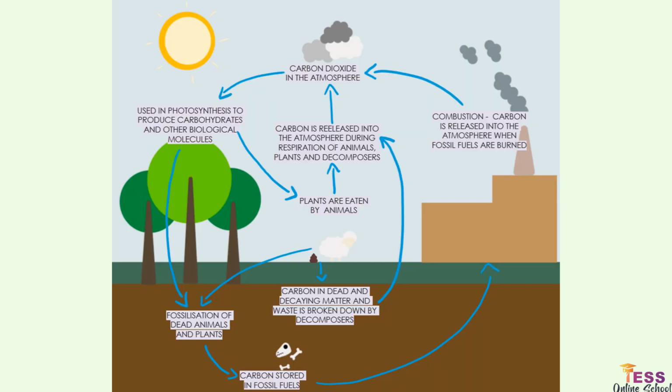Let's look at the diagram summarizing the carbon cycle. As you can see, it is a cycle, so it goes in many different ways. Let's start off with the plants are eaten by animals. If we go upwards, the carbon is released into the atmosphere during respiration of the animals, plants, and decomposers. Then the carbon dioxide is released into the atmosphere, which can then be used in photosynthesis to produce carbohydrates and